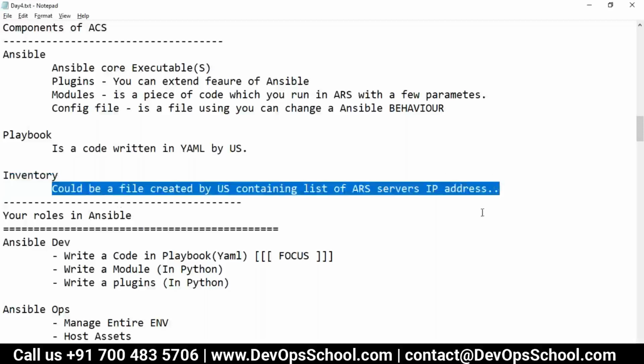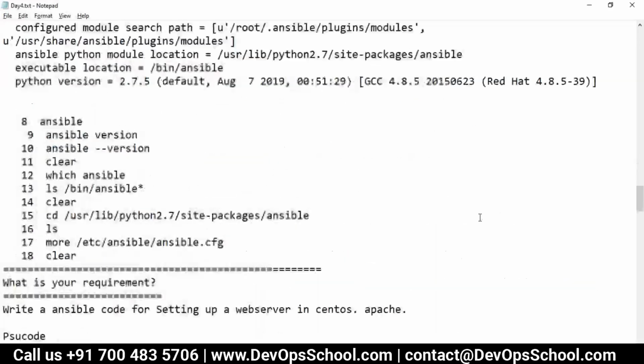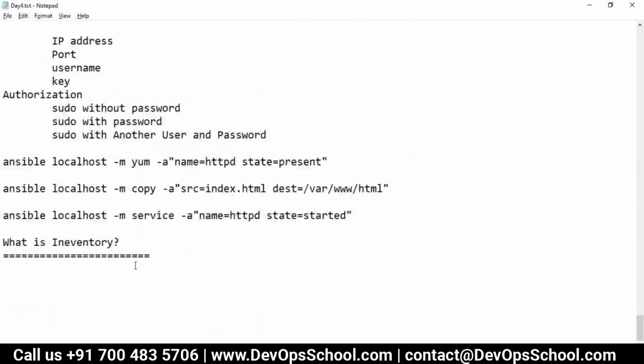I said this so you can understand, but the definition of inventory is much more than that. So inventory is a list of IP addresses. Yes guys, this is a list. Now, when I say list, I hope you understand what a list is, right?